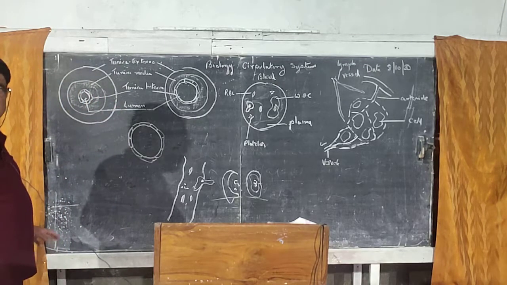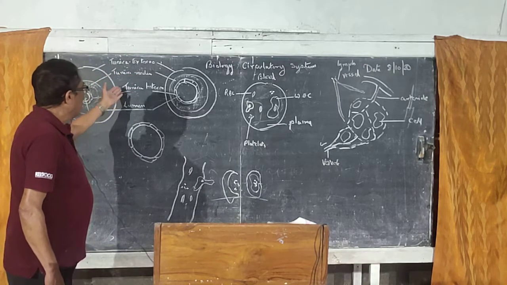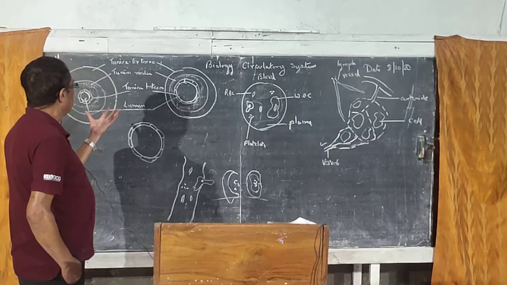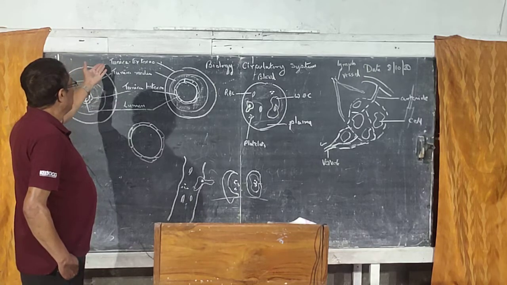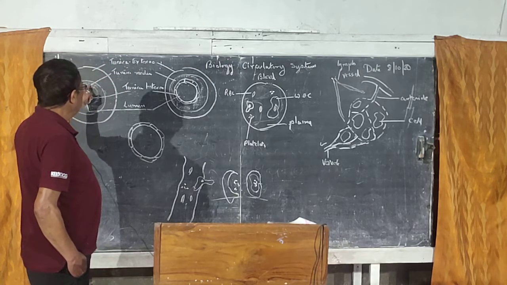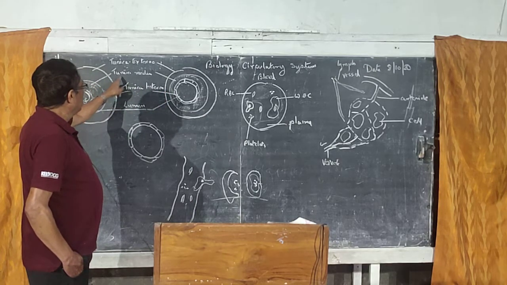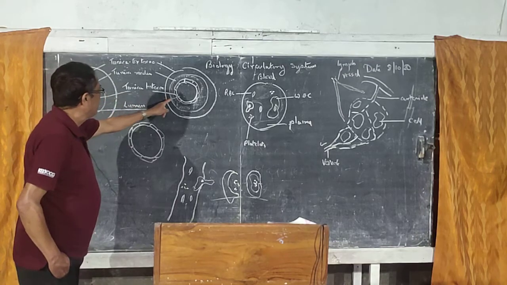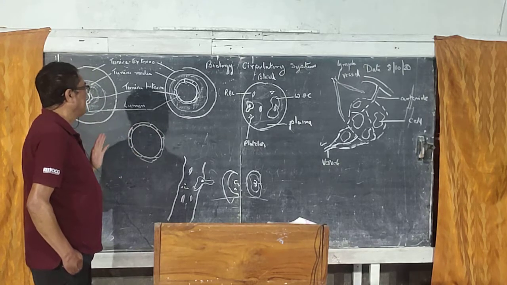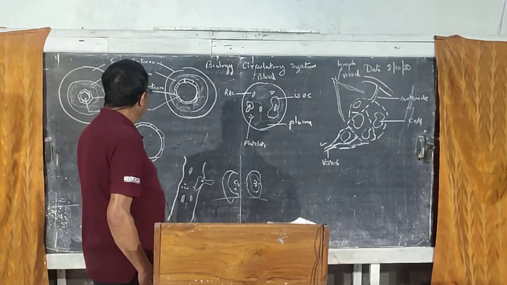In ICSE, they give you the diagram. They won't mention the names here. They'll write the numbers. And another set of naming also you must know, both sets. This one is tunica externa or fibrous coat. Tunica media, second one, shaded portion is muscular coat, and the inner single layer of cells is the endothelium. To identify capillary, there's only endothelium. So this is the way how to identify the blood vessels.